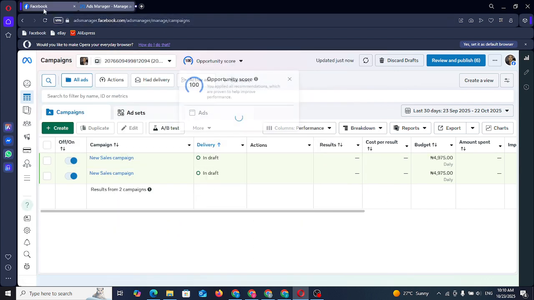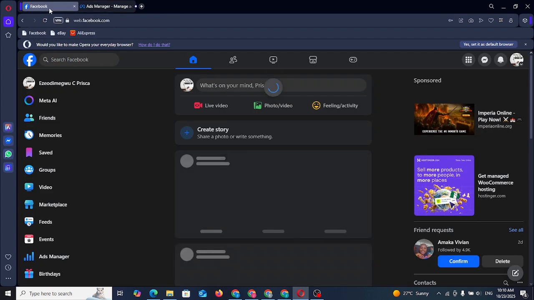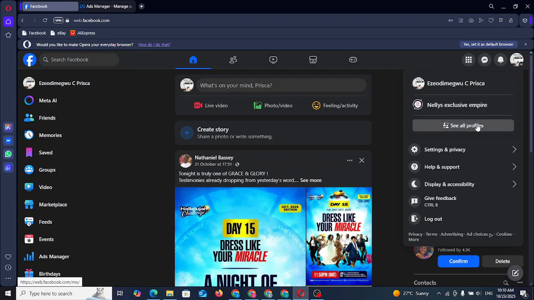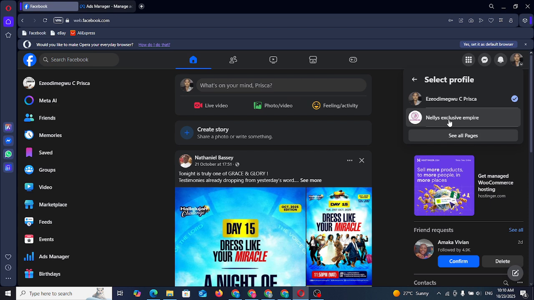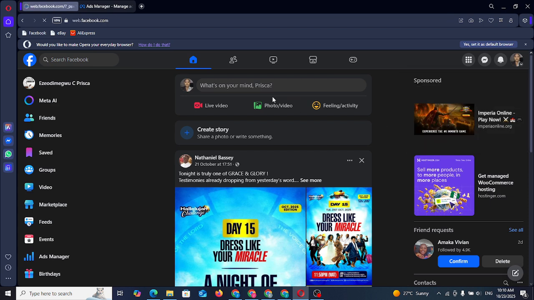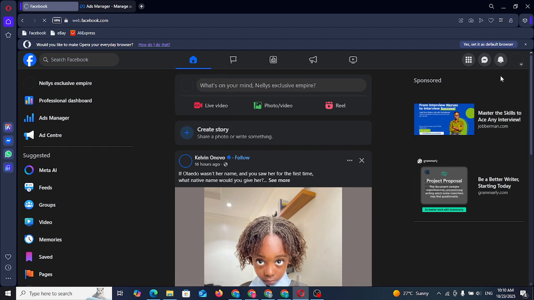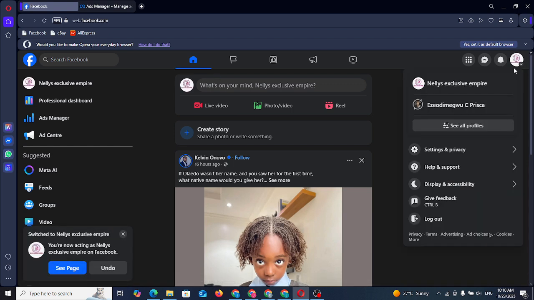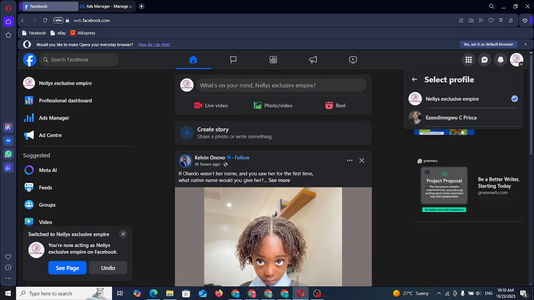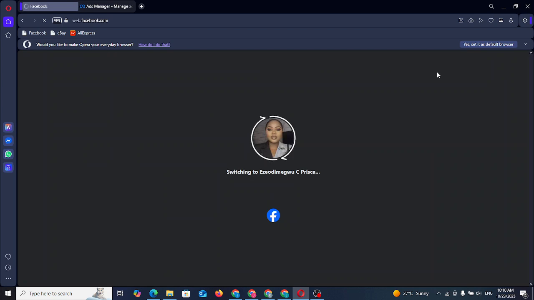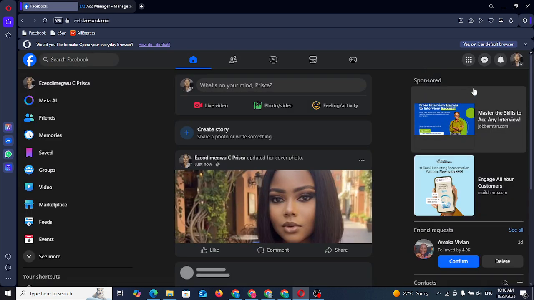Now, every Facebook account has a page. Okay, every Facebook account has a page. Let me see if this one has any page. Okay, this one has a page already. Nelly's exclusive. Okay. In fact, how many pages are here? How many profiles are here? Sorry, we have two profiles. Okay. So Facebook actually made it in a way that